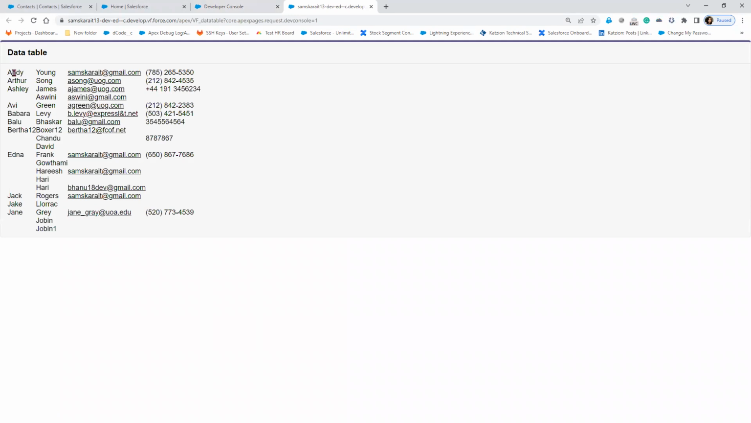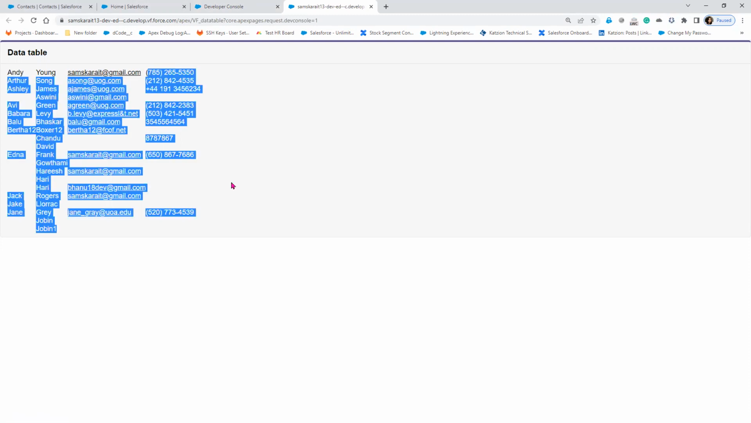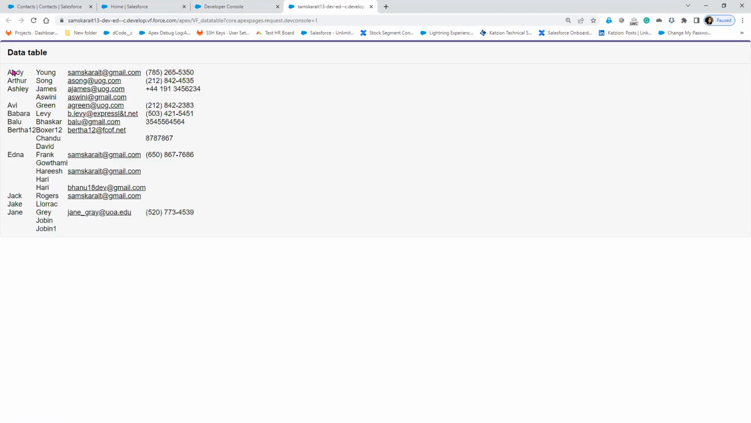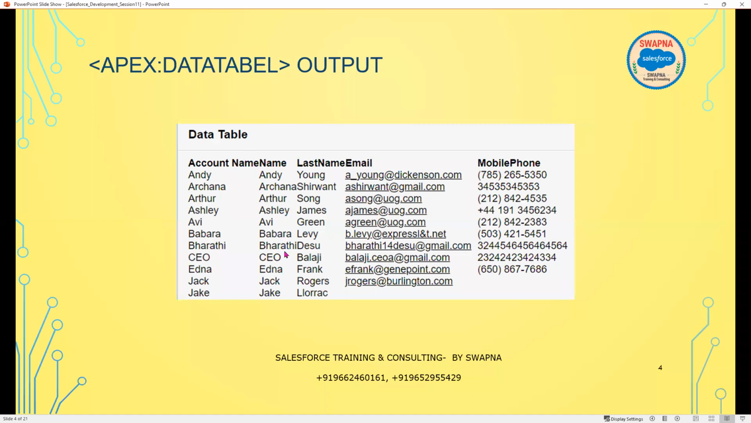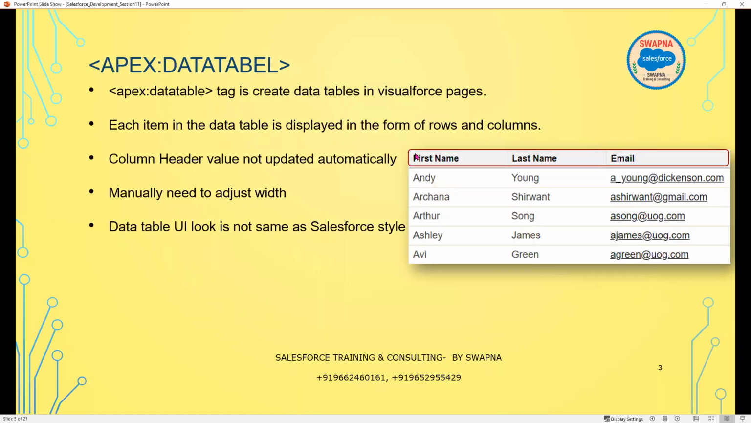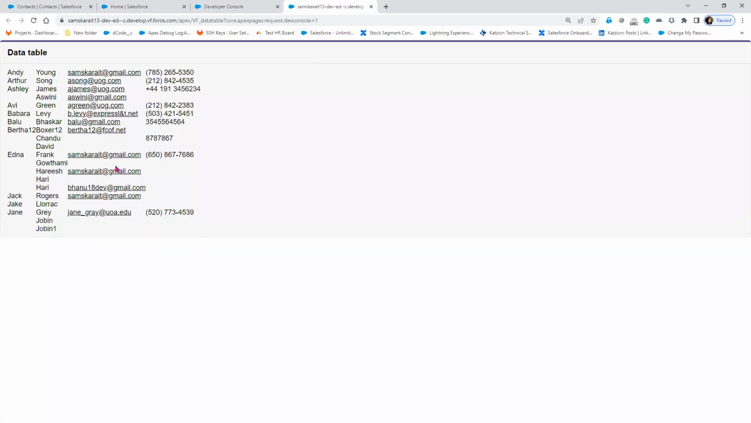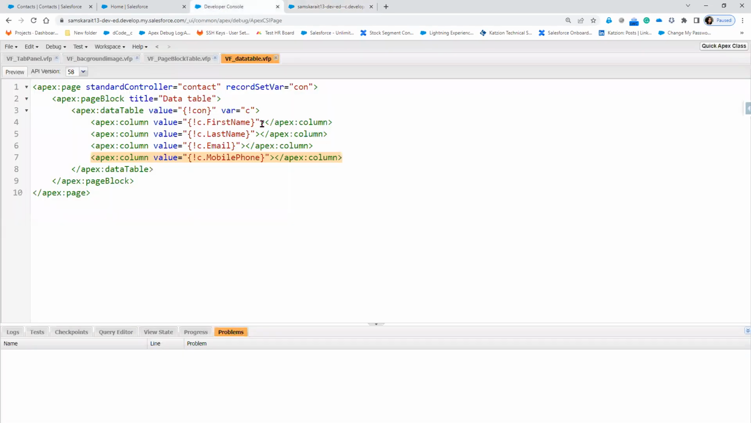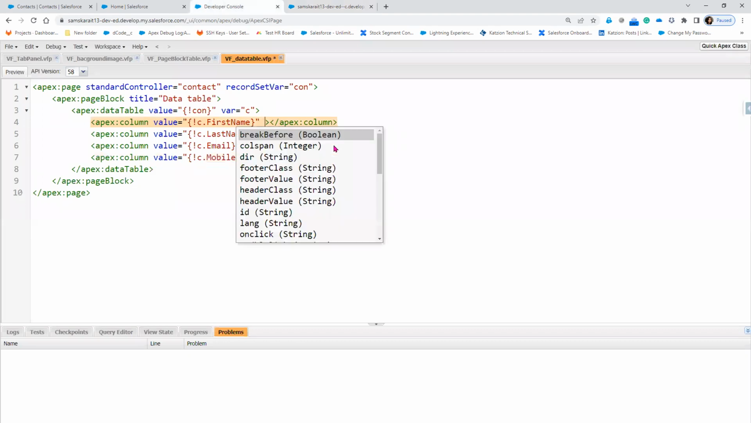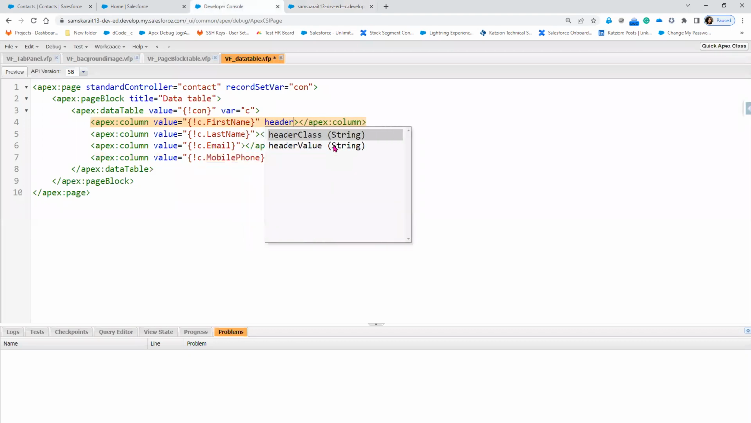Now, if you see here, this is the first name, this is the last name, and this is the email ID, and this is the phone number. But did the header come, saying first name, last name? Whatever the header is, it did not come, right? Because in a data table, by default, the header will not be displayed. So in order to do that, in the column, we have to specify the header value equal to,